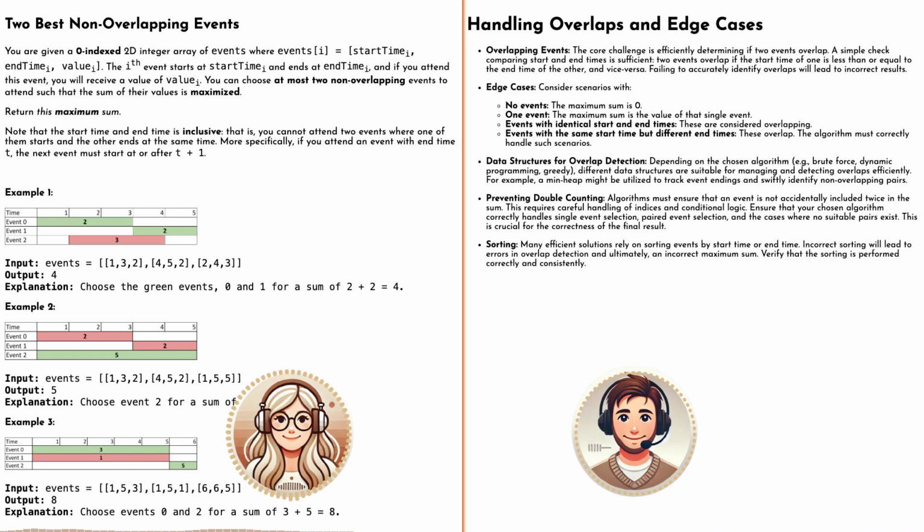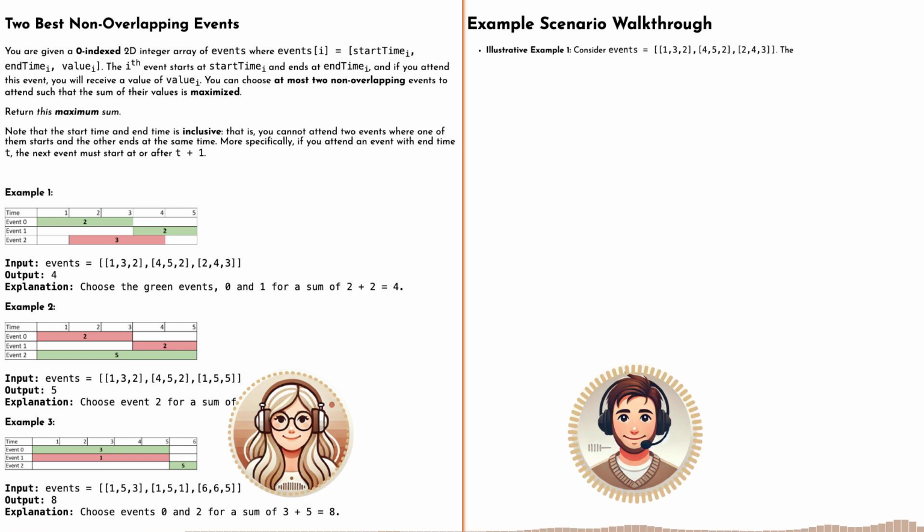Another common mistake is forgetting about that at most 2 events rule. People might write code that always picks 2 events, even if picking just one would be better. You got to make sure your code can handle picking just one event. And then there's the issue of ties. What if multiple combinations give you the same maximum value? Does it matter which one we choose? It depends on the rules again. Sometimes any solution is fine. Sometimes there might be extra rules to follow. So we got to read those instructions carefully. Always read the instructions. Okay, let's try a little example to make sure we get all this.